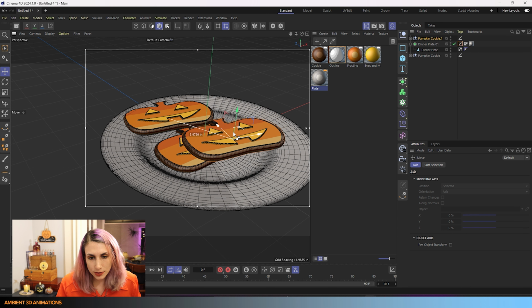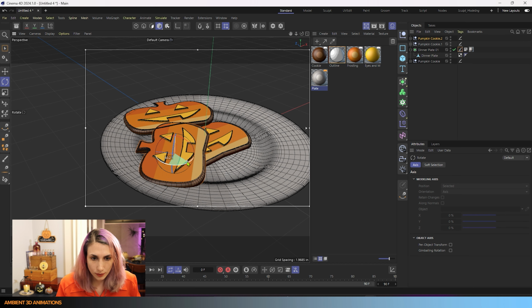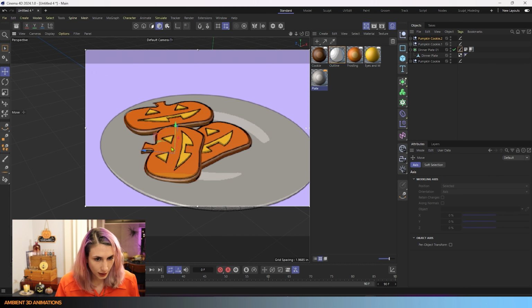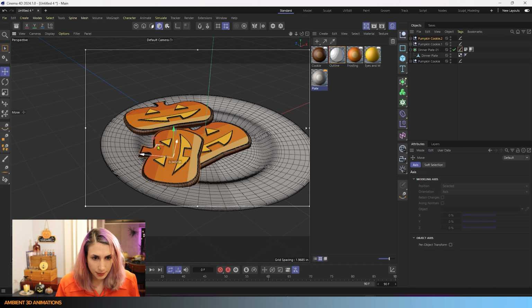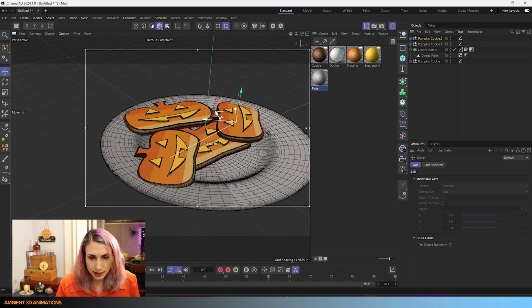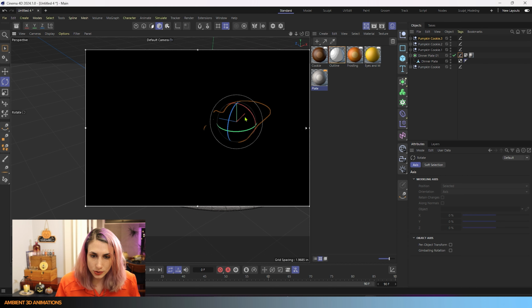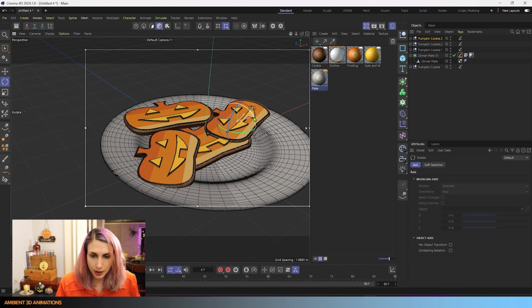You could use dynamics to place these cookies. You could also decide to place them using the dynamic place, but I kind of like placing these individually right now. I do have another tutorial if you're interested where I show how the dynamic place looks.